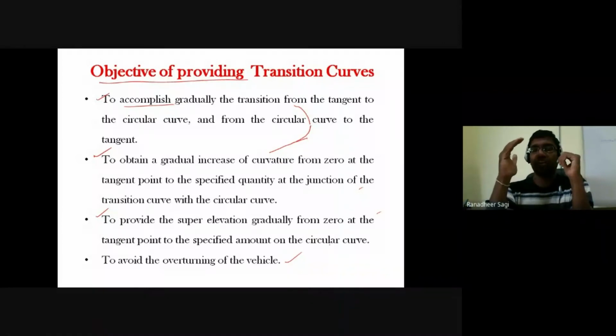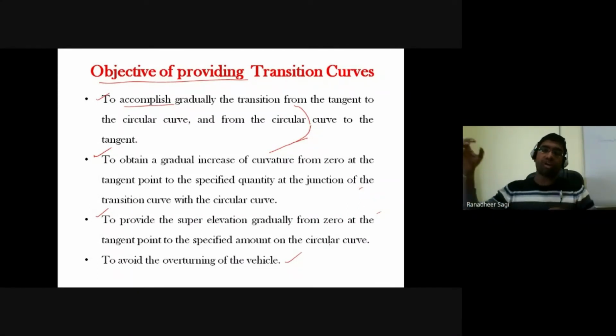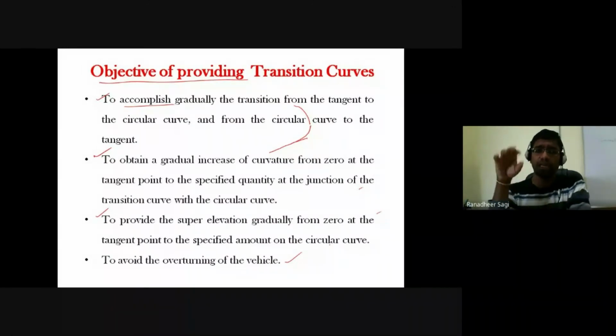seeing is, because of the effect of your centrifugal force, as the weight of the vehicle is acting in the downward direction, you will be witnessing that because of the effect of centrifugal force, the vehicle will be pulled out from the region of the alignment of your pavement or maybe your railway track. So in such a particular case, to minimize the effect of that centrifugal force on that particular vehicle, which pulls your vehicle from its original direction of the movement.